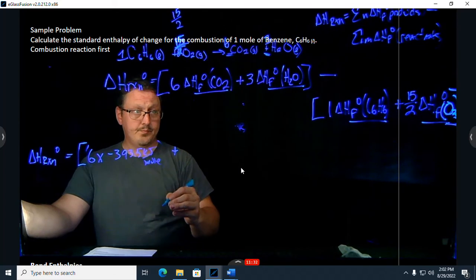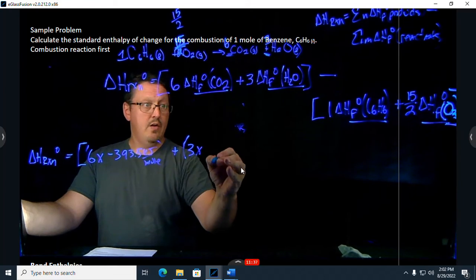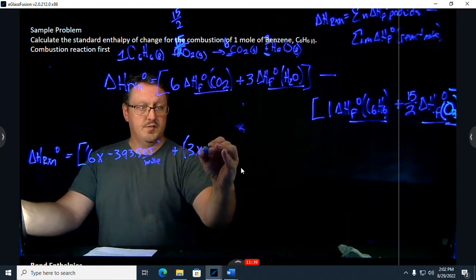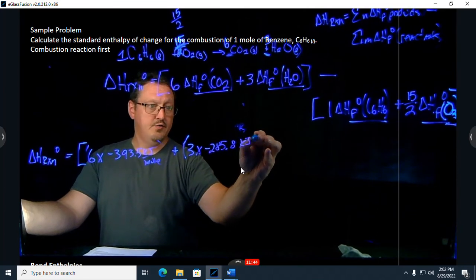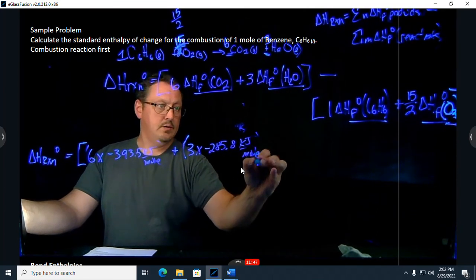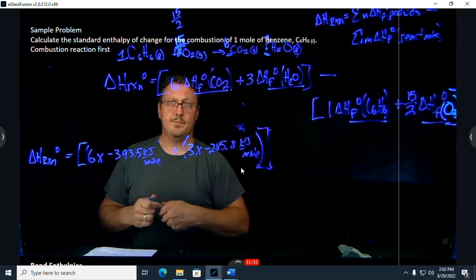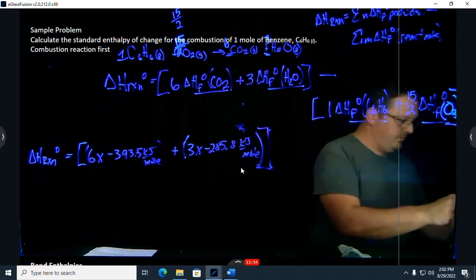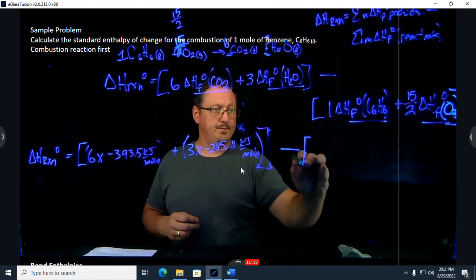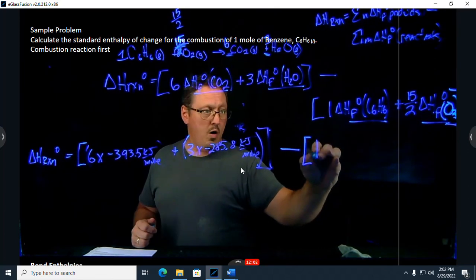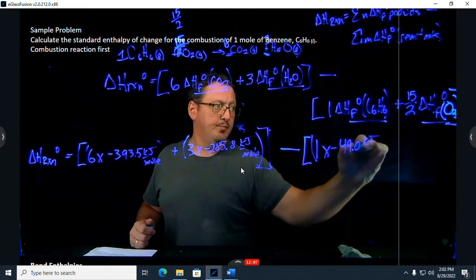plus 3 times the energy for water, which is negative 285.8, the heat of formation for water, and that's kilojoules per mole as well. Square bracket. This blue one I think is dead now too. Let's try this one. Minus, square bracket, 1 times negative 49.0 kilojoules per mole,